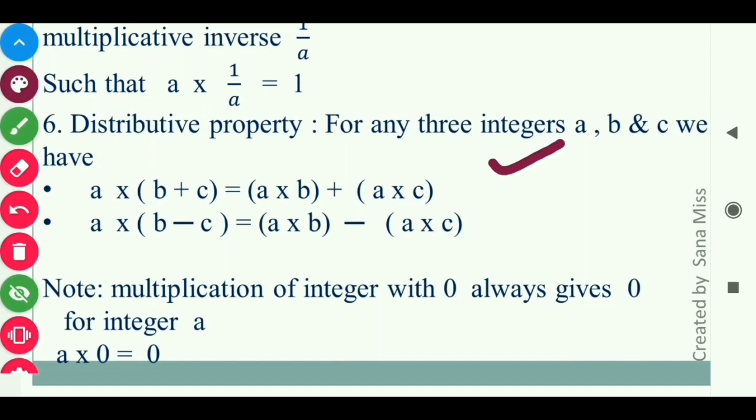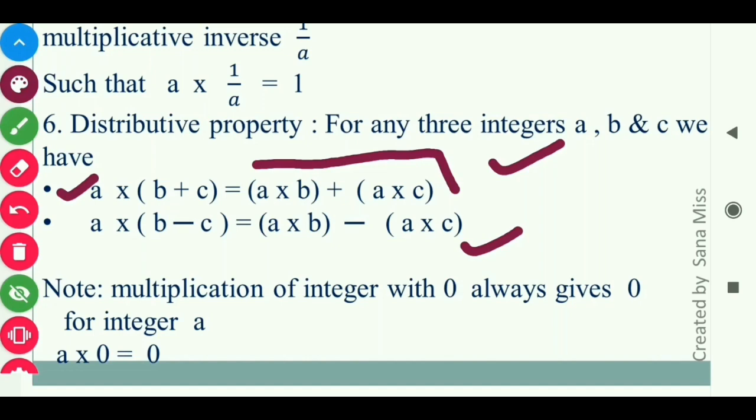Here, I am going to do the distributive property of multiplication over addition. A multiplied by, in bracket, b plus c. So the outside a is going to multiply with everything inside. A into b in one bracket plus, in another bracket, a into c. Means a's multiplication is distributed over the addition and subtraction, like downside also: a into b in one bracket minus a into c in another bracket. Means here you distribute multiplication over two operations, that is addition and subtraction.